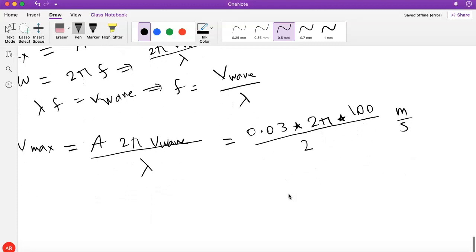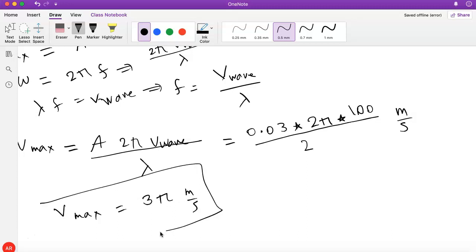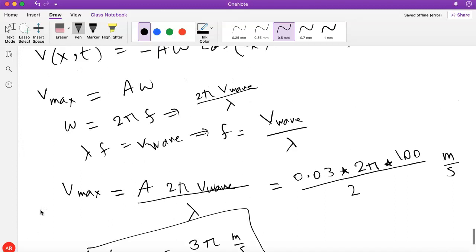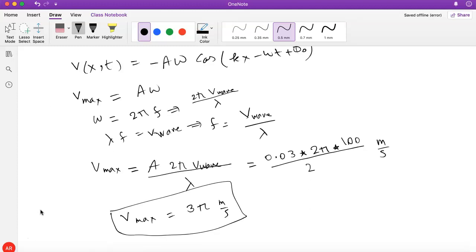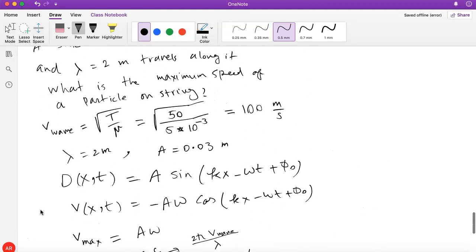And yeah, so what's happening? So this becomes, just canceling out some numbers, 3 over 100 times 100 is 3. And then 2 cancels this 2, so it should be 3 pi meters per second. Okay, so that was a rather good exercise. We had to bring in many different pieces of what we learned about waves and harmonic oscillators together